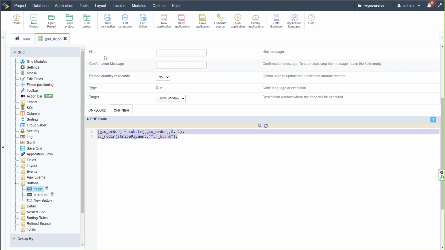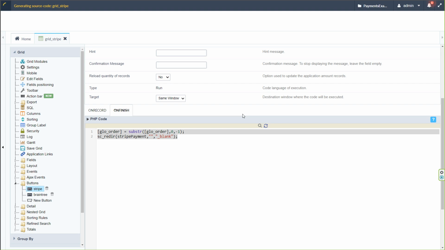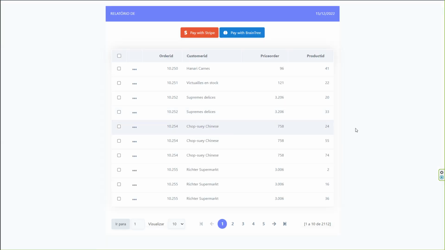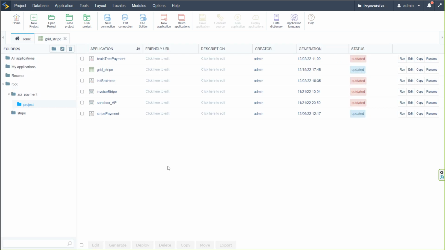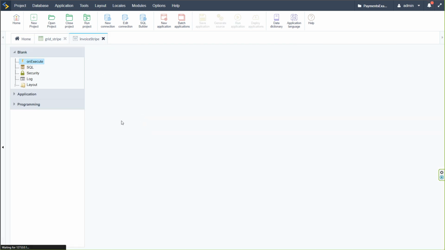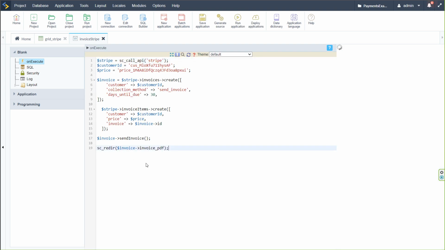So this is pretty much enough, nothing special really. There is no direct payment within this grid application. It really is just a product list, and then a button passing you onto Stripe or the payment application as we just created. Now here within the invoice Stripe, okay, I had started setting this up